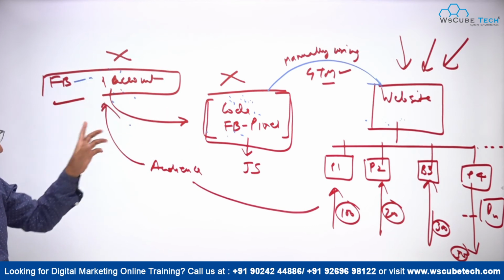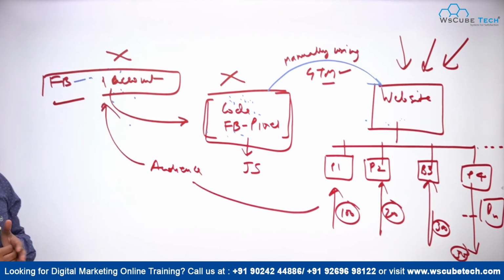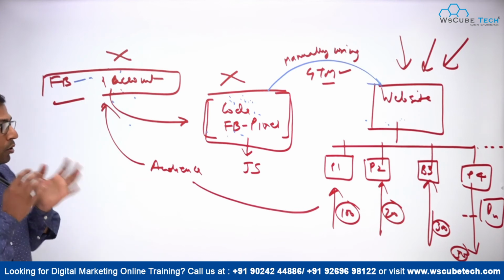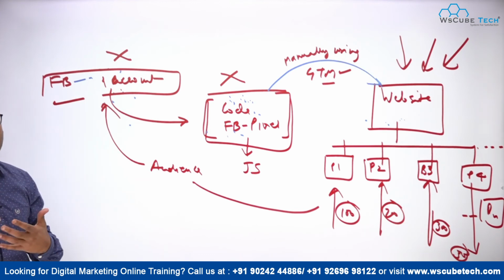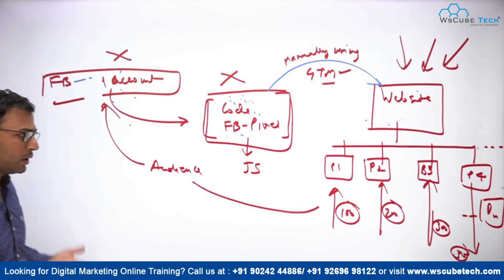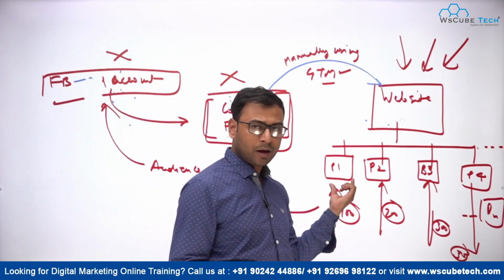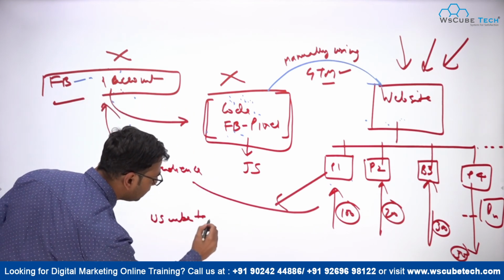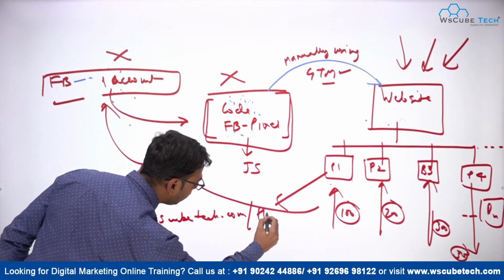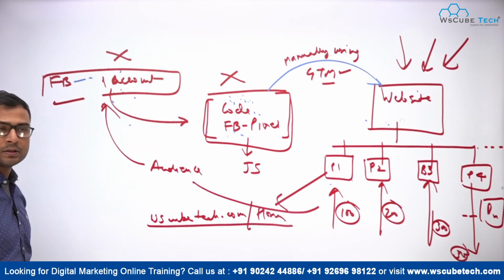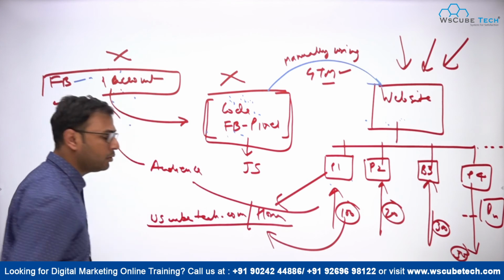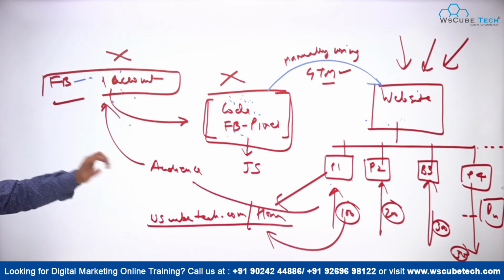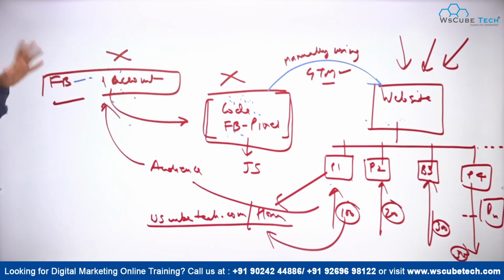Now from your ad account, you can create your audience. You can define that audience, that now I want to create an audience of page number 1, like I want to target audience who visited this specific page, wscubetech.com/home, right? So I want to target this audience. Now these 100 people will come into this audience, and now you can show another ad or create another campaign and target these kinds of audiences. So this is what you can do through Facebook Pixel.